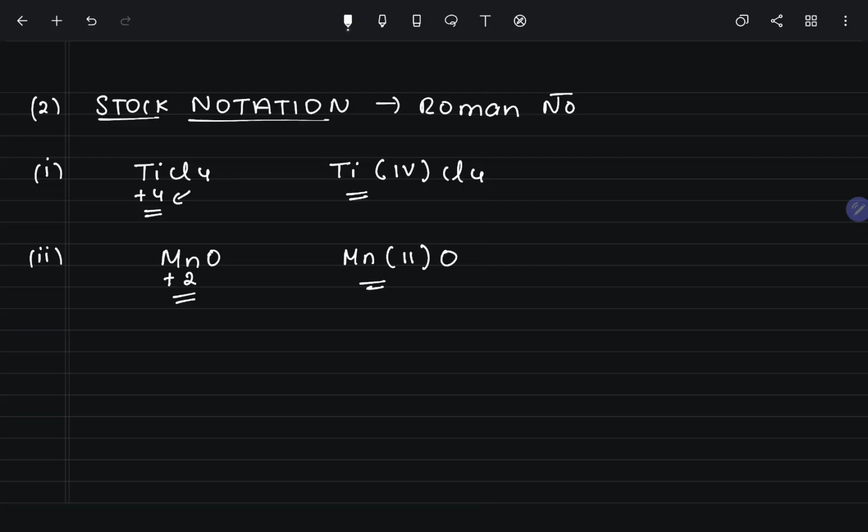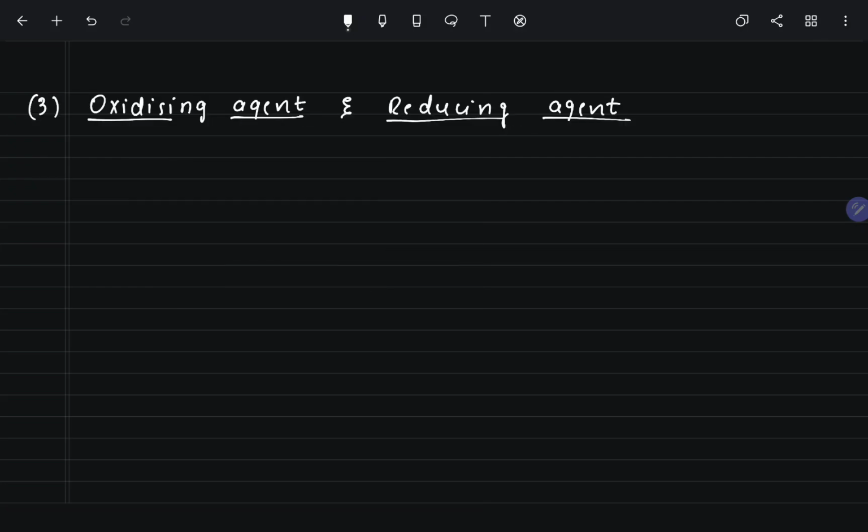Very simple, right? This is called as stock notation. They'll ask for 1 mark. Or they may ask you this in MCQs also sometime. Fine. So let us move to the third topic, main topic, that is how to identify oxidizing agent and reducing agent. So let us take the first example,